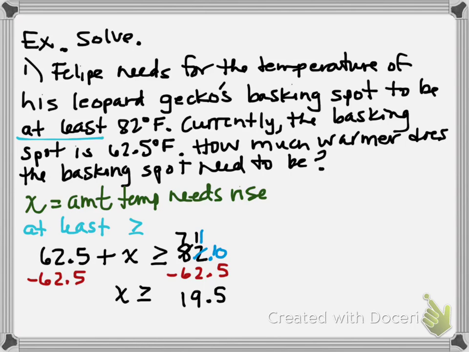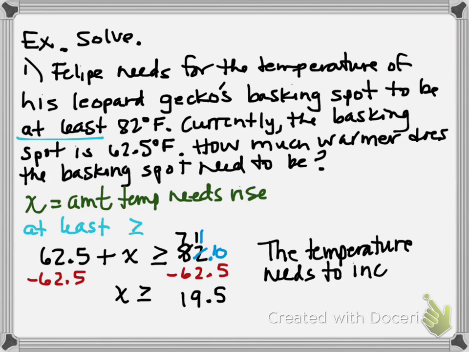Or, the temperature needs to increase by at least 19.5 degrees. Okay, I like that. So the temperature needs to increase. Did you say by at least? Is that how you? Yeah. By at least